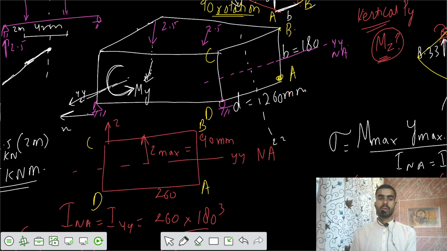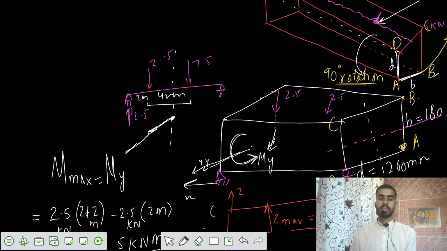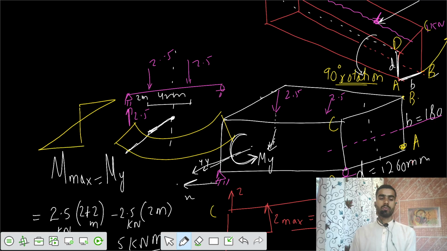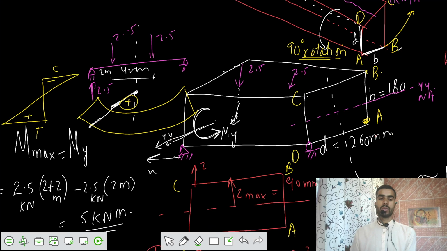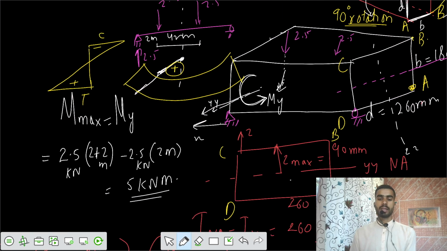Now, because now the moment is acting, that is a sagging bending moment. If you talk about the bending profile, that would be some sagging curvature. So top would be having compressive stresses, bottom tensile stresses, because the bending moment is positive, sagging bending moment. So we got the profile. Then finally we can say out of those four, compression is for the corners C and B. C and B are having compression, and A and D are having tensile stress,